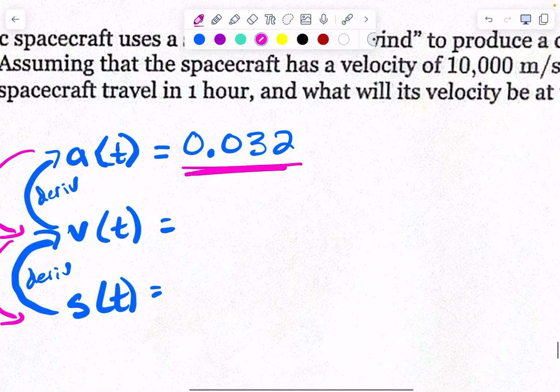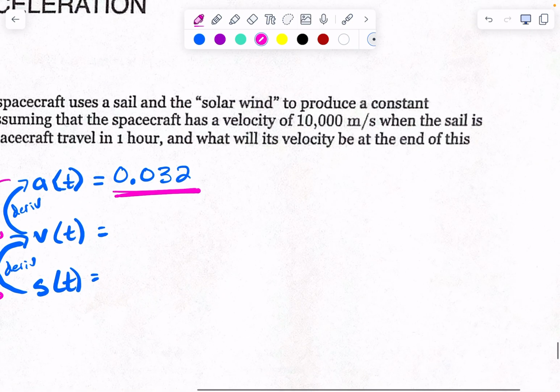Okay, so let's talk about this. If I'm trying to do this as an antiderivative, if we want to set it up officially, it would be the integral of 0.032 dt, because they want it in terms of time. So not a definite integral. This is an indefinite integral. We don't have little numbers to plug in. All right, so when we take the antiderivative, this is going to be